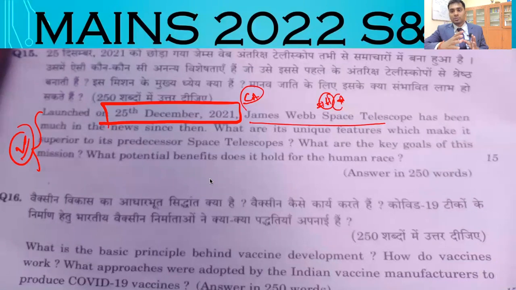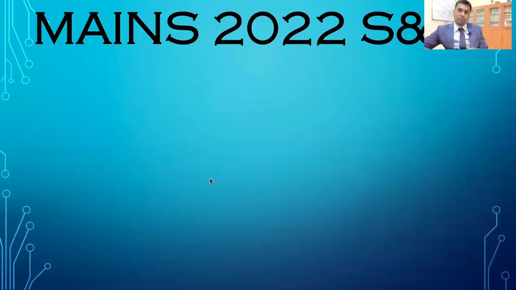So these 2 are the questions in science and technology. Compared to 2021, compared to 2020, the science and technology questions this year were well within the expected range. I don't say that you can write it. It depends upon how you have prepared. But these are expected questions, right? So I don't say this is difficult. So these 2 questions of science and technology are a bit manageable, right? This is what I say about science and technology. So what is my takeaway of science and technology? They were manageable.